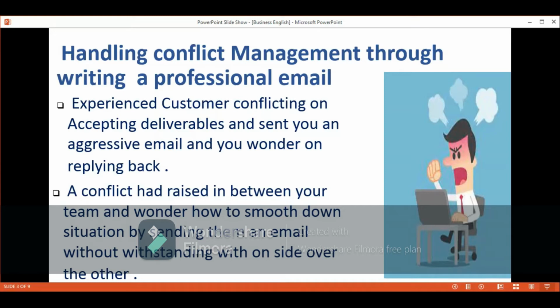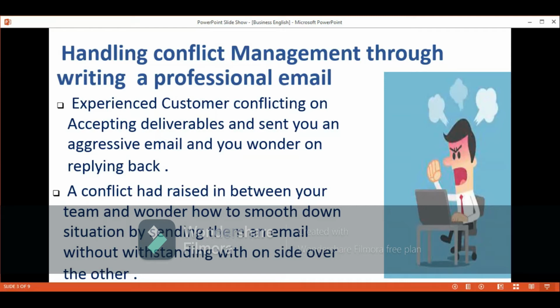The conflict could occur with your customers or with the team you're working with. And then you need to send them an email. With the client, you don't want to send an emphatic email that makes them upset. You need to send them an email to maintain the situation, to make sure that you are in control of that situation, and to assure the client not to worry about the problem, that you have everything under control in your hand.